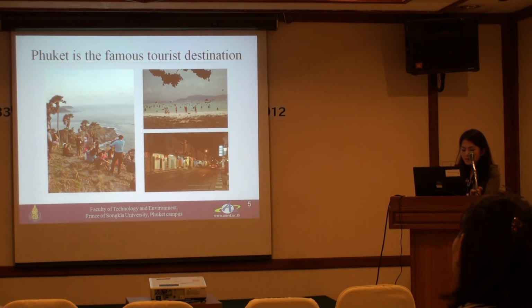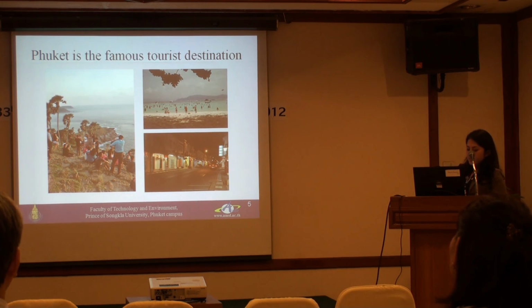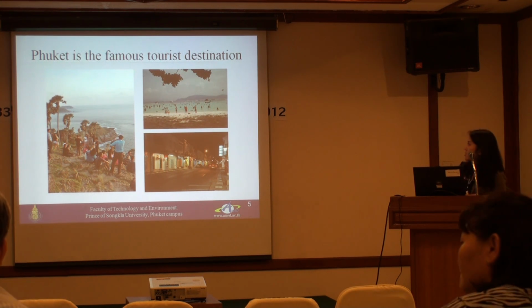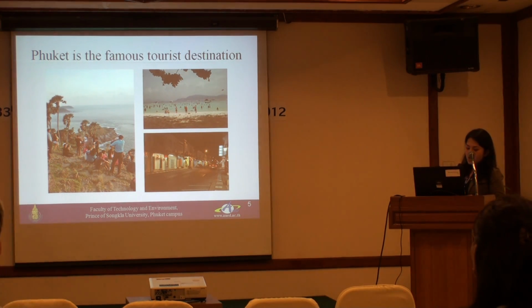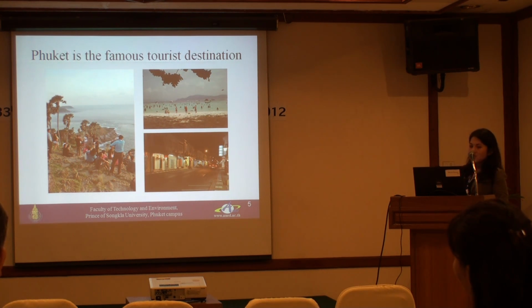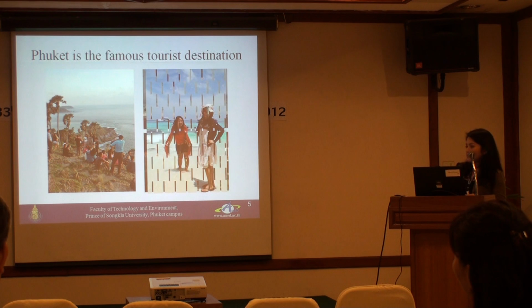Phuket province. This is my study area. Phuket province is the island that is located in southern Thailand. This place is one of many tourist destinations where development is expanding rapidly and significantly from tourism activity. Correspondingly, there is a high rate of population growth and urbanization. This leads to the increasing demand for water use and may raise the water shortage issue in dry season.